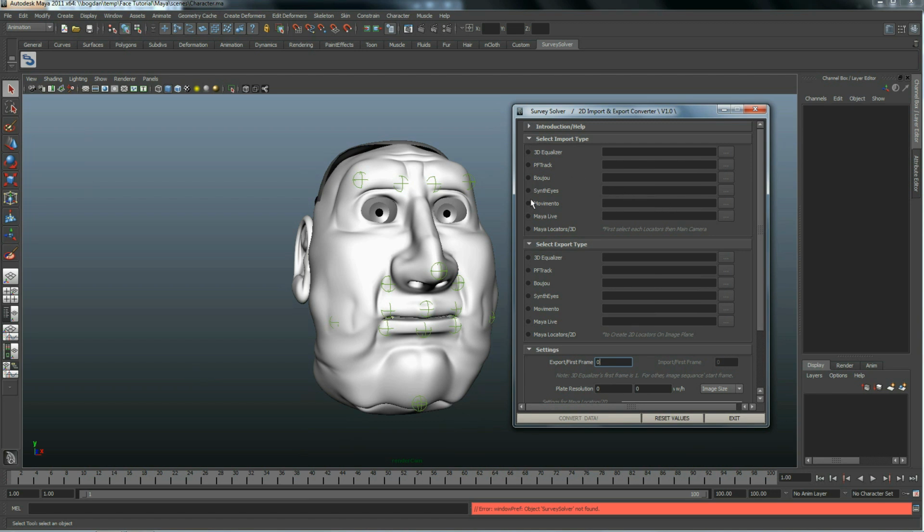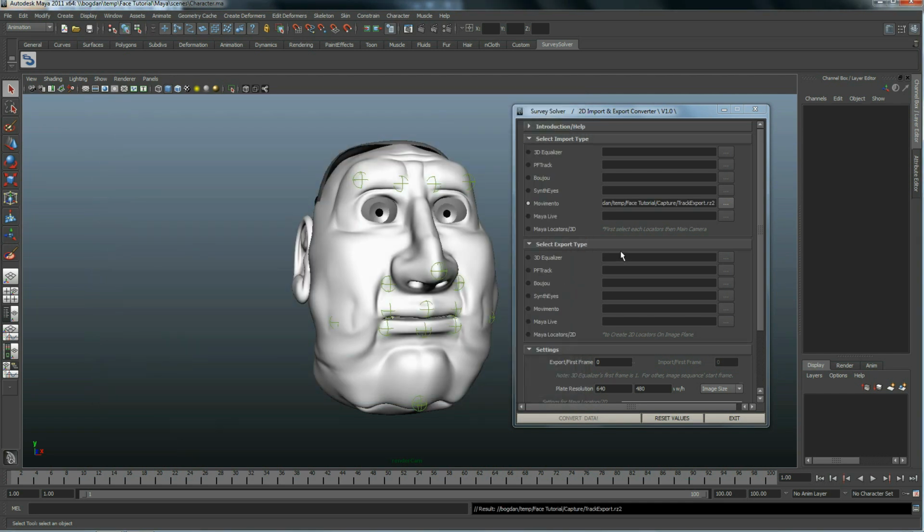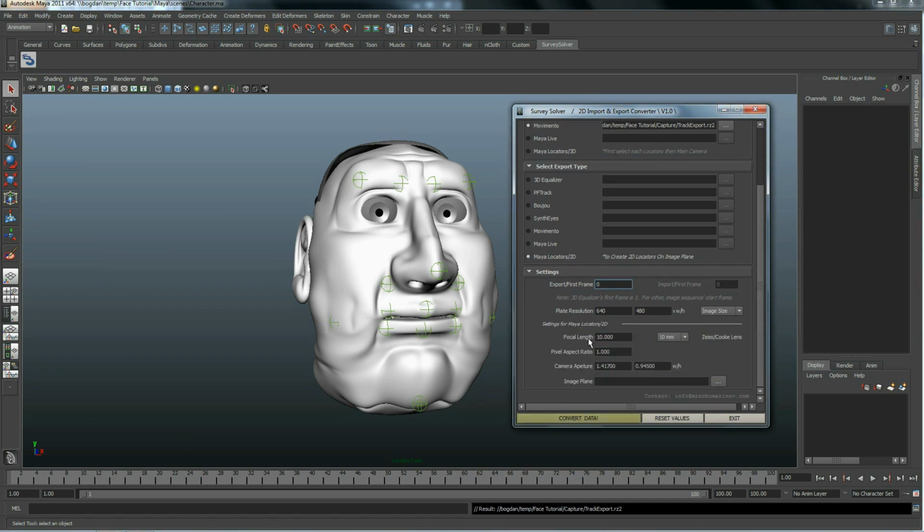Choose Movimento as import type. Choose Maya Locators 2D as export type. Set the focal length to 50 mm.